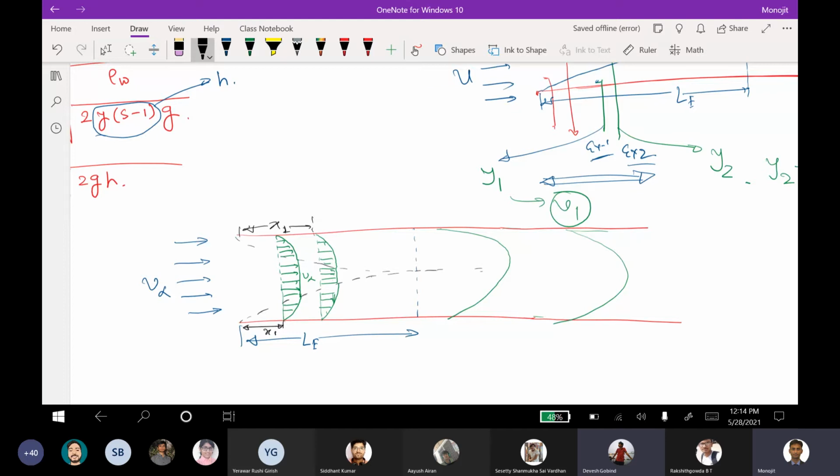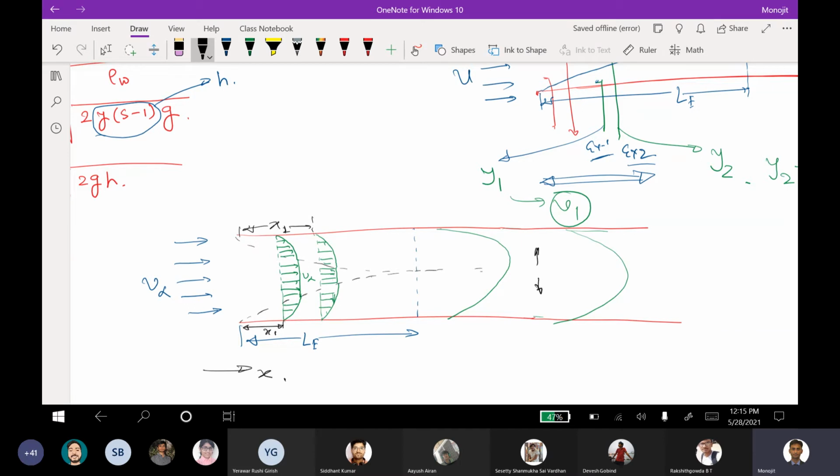I can give you a relatively better definition. The definition is no change in flow along the direction of the flow. No change in velocity, you can say, along the direction of the flow. So your direction of flow is x here. Let's take it x. So there will be no change in velocity along the direction of x, but there will be change in velocity if we go radially in this direction.